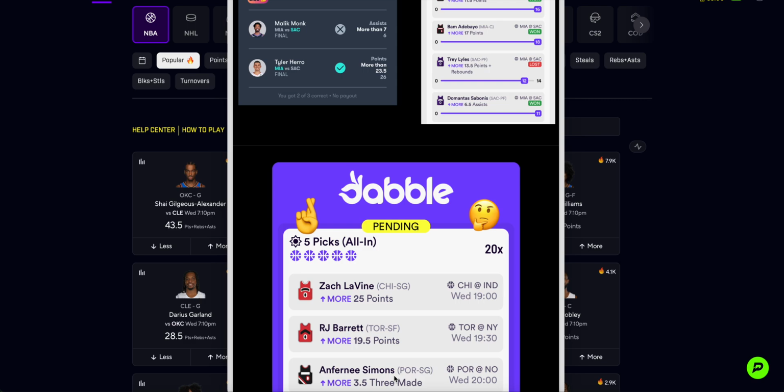Look for Anthony Simons to stay hot today and continue to fire away from the three-point line while he faces one of his other mentors in C.J. McCollum. Remember that, guys. Anthony played behind both Dame Lillard and C.J. McCollum. C.J. being the last one he played behind when Dame was traded off. Guys, this is an opportunity here for Anthony Simons to really rip it. He's been really, really hot from the 3. But not only has he been hot from the 3 and going over this the last 5 games,